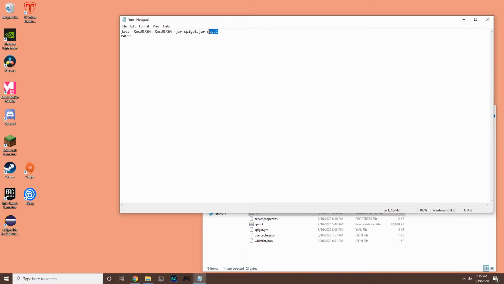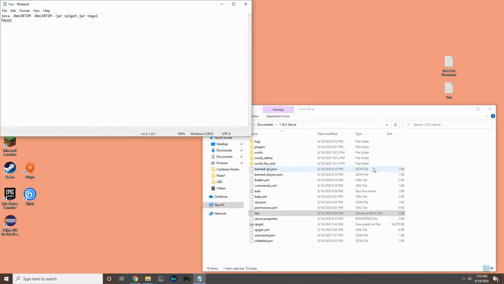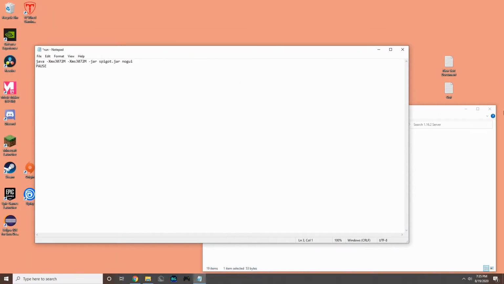Also, with this nogui, it sort of makes it run faster, because it won't have a GUI always popping up. I don't think it works in the 1.16.2 version right now, but it usually works. So once they update it, it should be fine, and it won't show you that big GUI that takes up way more RAM. Okay, so once you close that, you just want to double click